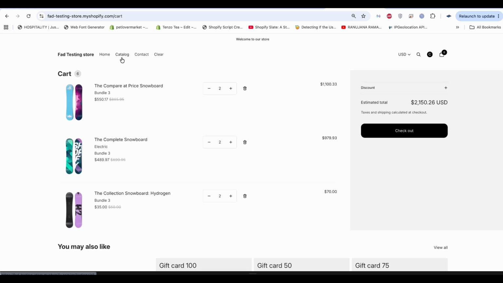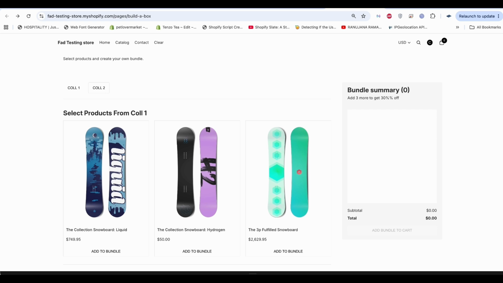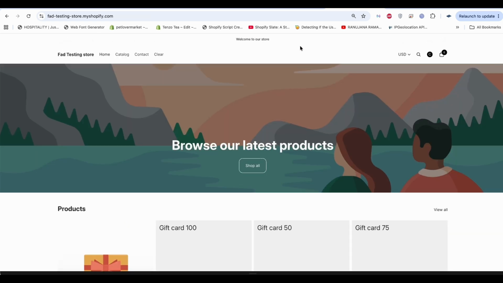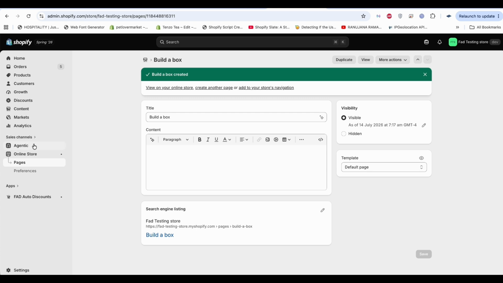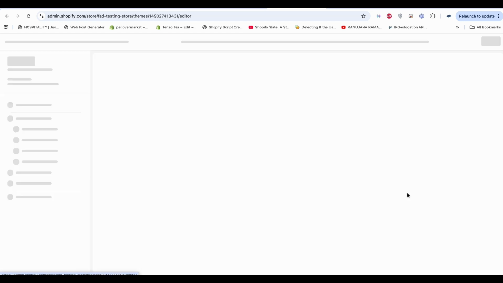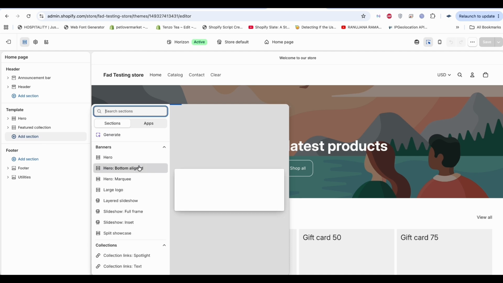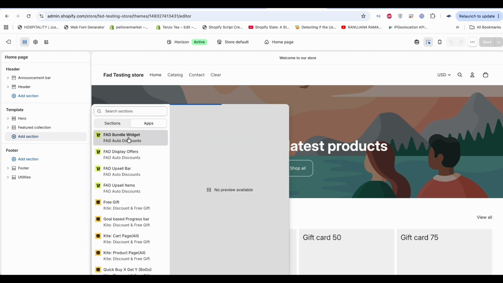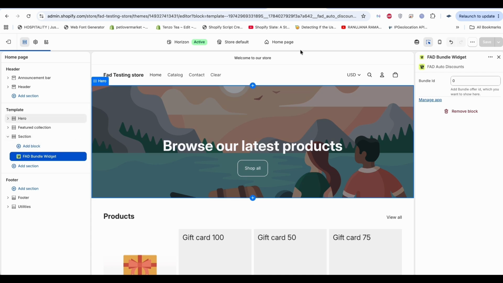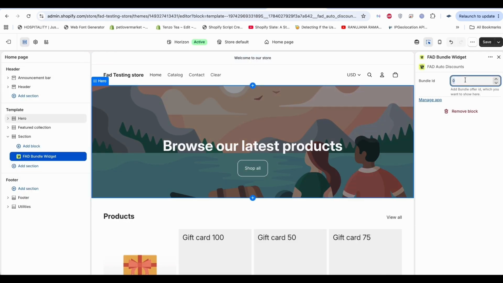The other thing is, if you want to display this widget inside your home page, not on the pages area but on the home page, what you need to do is go to the online store, click on edit theme, add a section here, for example apps, and go for the FAD bundle widget. Once you add that, it asks for the bundle ID, so you need to copy the ID here and paste it here. Once you paste and save,